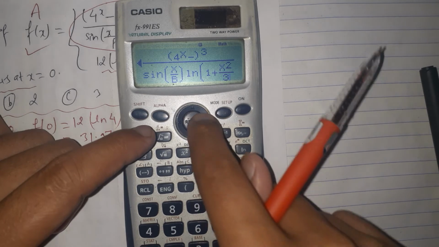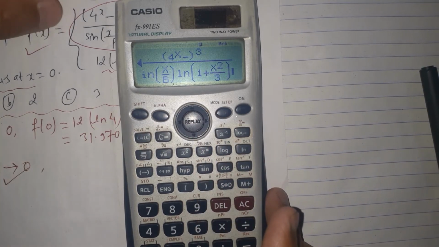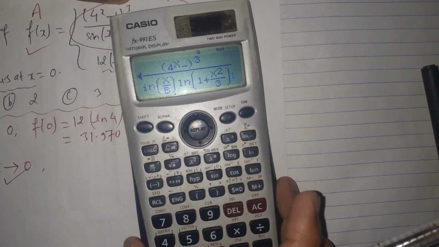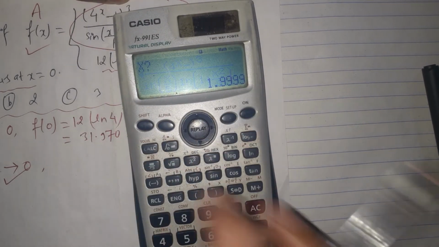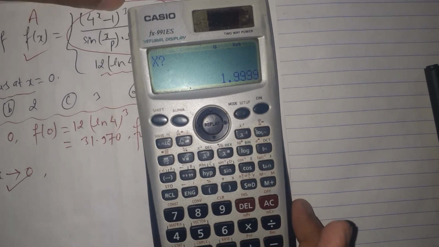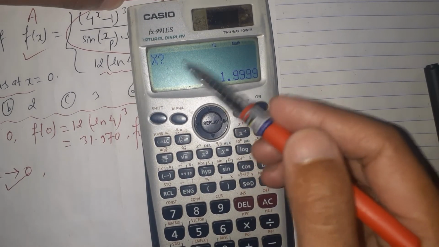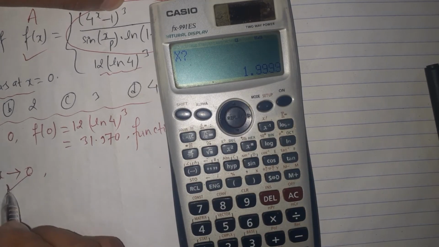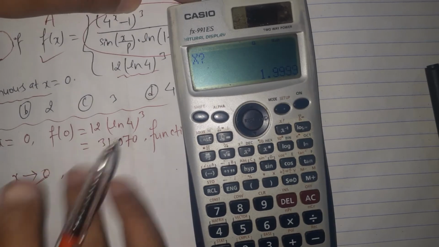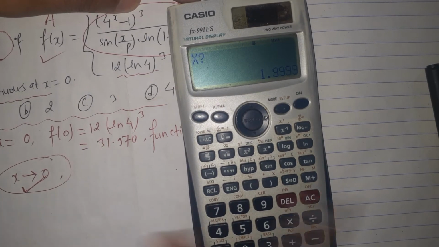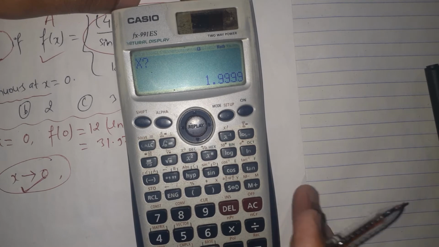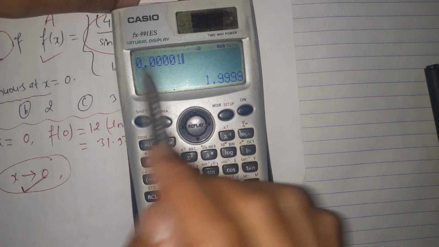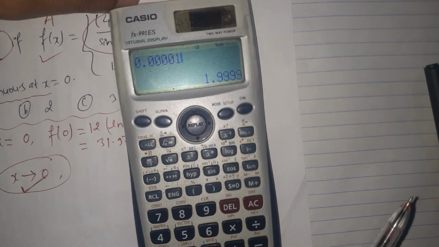by 3. Here we just type these given functions on the calculator, and after typing these functions on the calculator we have to press the calc button. In pressing the calc button, the input x is needed. Let's give the value of the x according to this approaching value. The values of the x should be very closer to 0. Let's say 0.0001. It is very closer to 0, and then press the equals to button,